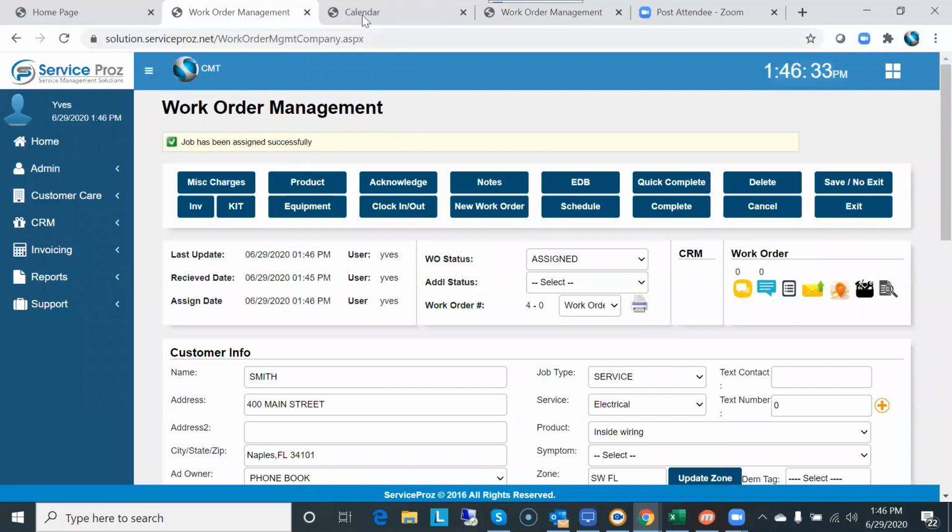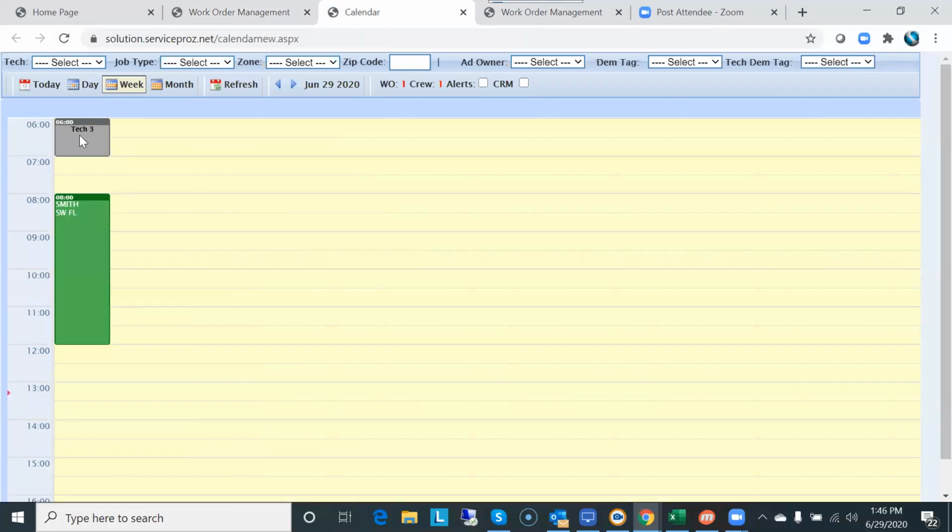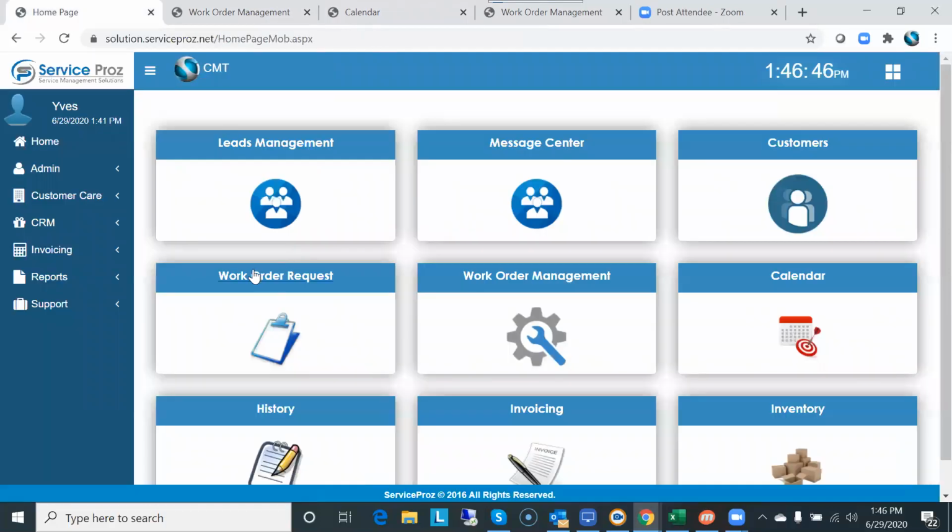Now the work order has been assigned successfully. I'm going to go over here and refresh my calendar, and there's the job that we gave Technician 3, it's 4 hours for Smith in Southwest Florida. So basically what we did is we set up the zip codes, we set up the services and products, and we set up the employees. We took a work order, we went to work order management, we assigned it, and we went to the calendar